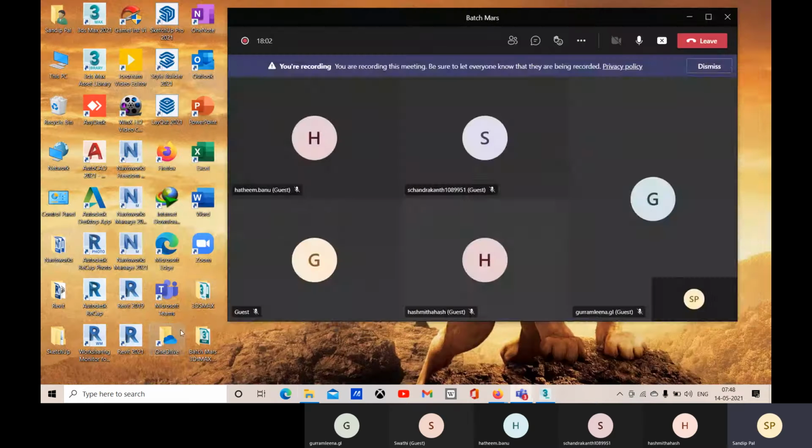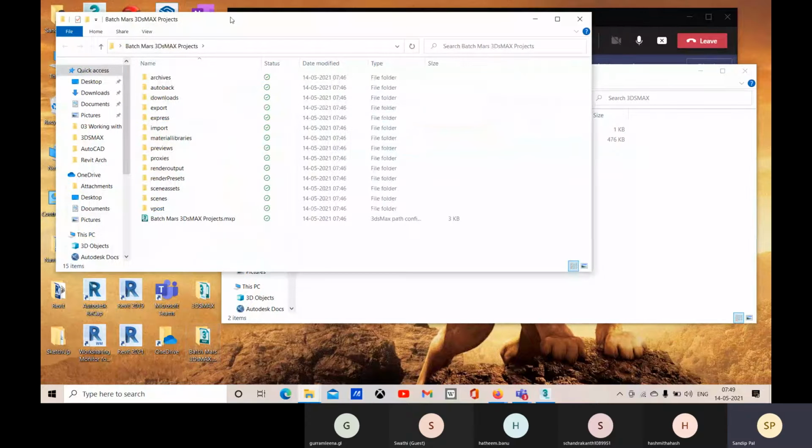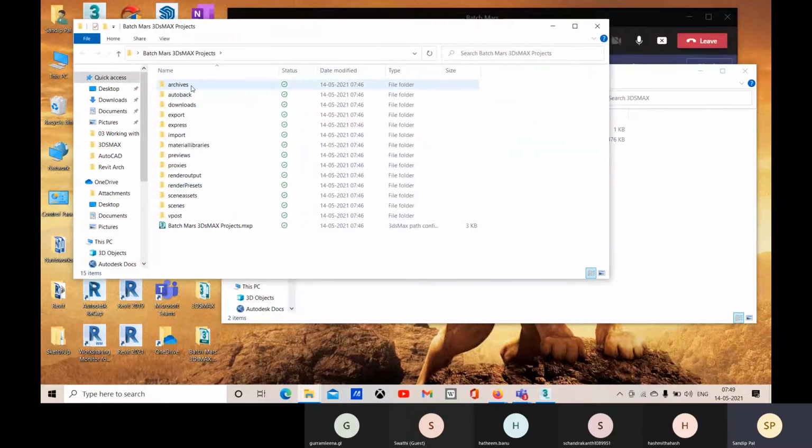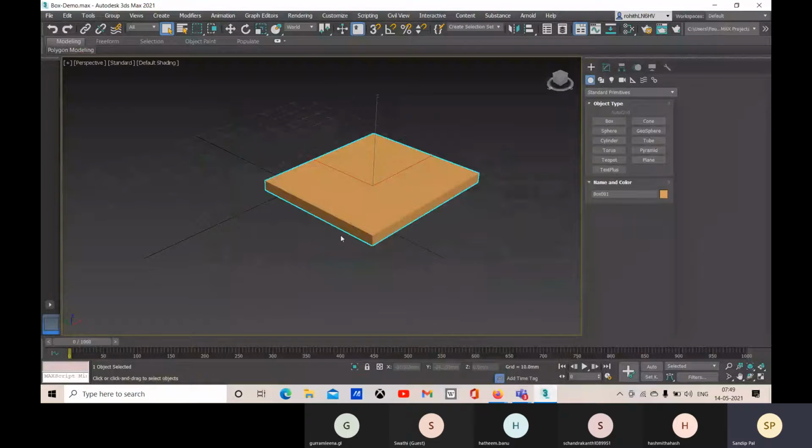You can either go with a default folder, you can choose an empty folder, or else you can choose this one with these folder structures, where everything will be organized within particular folders, and within this single folder everything will be there. Okay, so whatever is your choice, you can choose it. Okay, so this will be the folder for me for this.